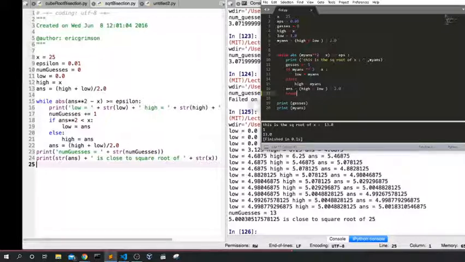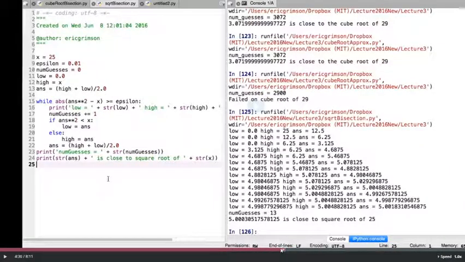Did I do something wrong? Yeah. Why in the hell is low 1?